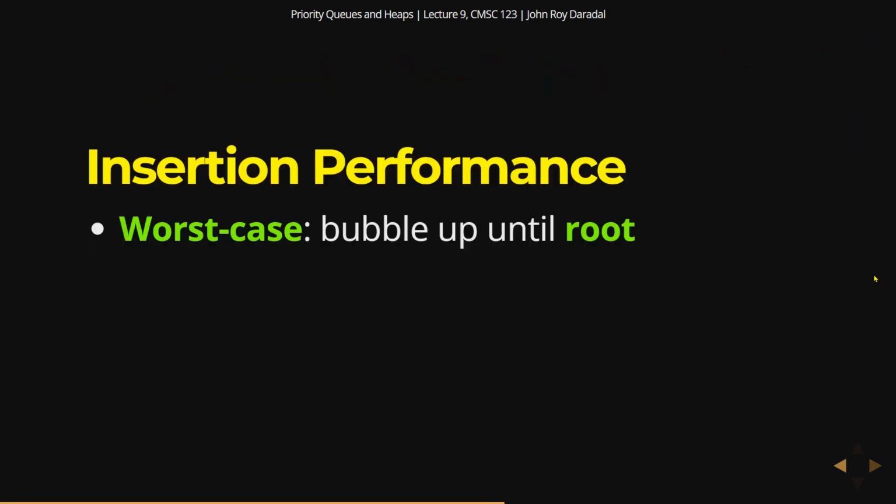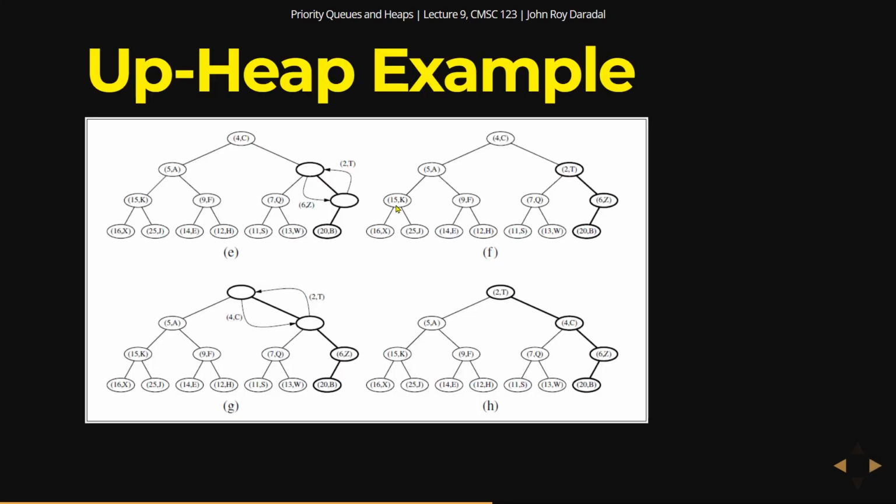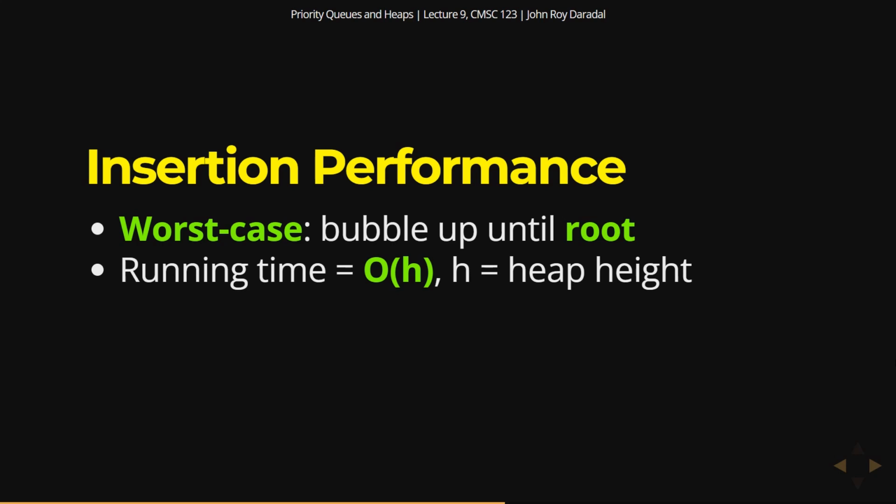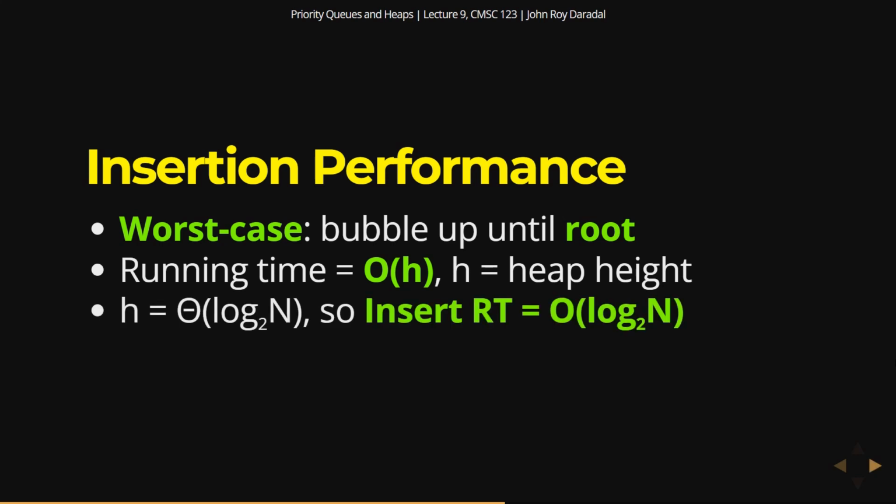So now let's talk about the performance of insertion. In the worst case, you will do the bubble up from the last level all the way up to the root, which is what we did in this example, because we started here and ended up all the way at the root, right? So if we do swapping from the last level all the way to the root, that would be equal to the height of the heap, right? Since you're doing one swap at each level, that would be O of h, or the height of the heap. But since we established earlier that the height of the heap is log of n base 2,